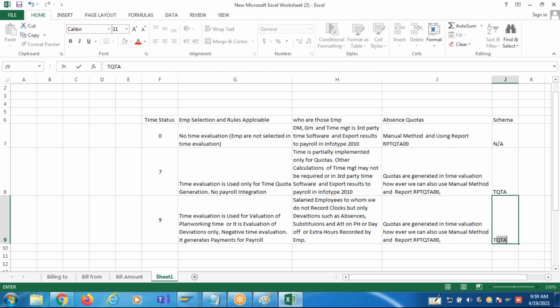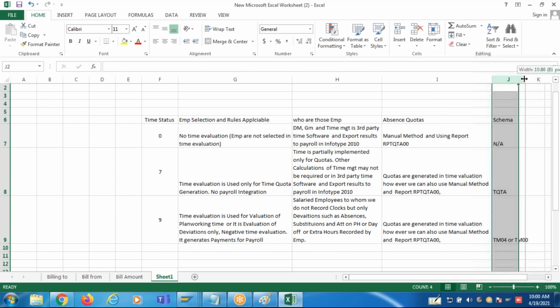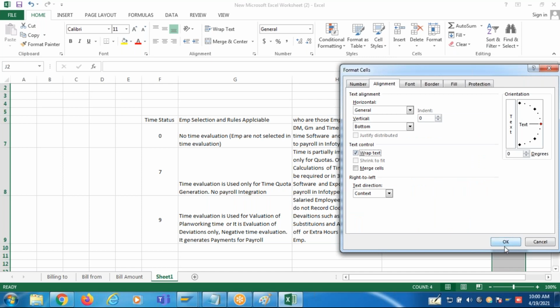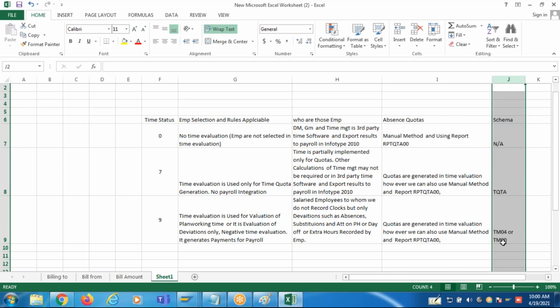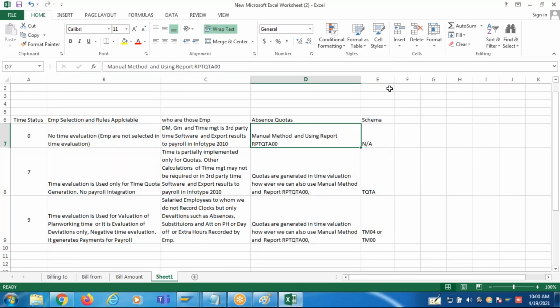SAP has provided a schema for this, TM04, or sometimes we can even customize TM00. So TM04 or TM00, guys. Any question on this point?